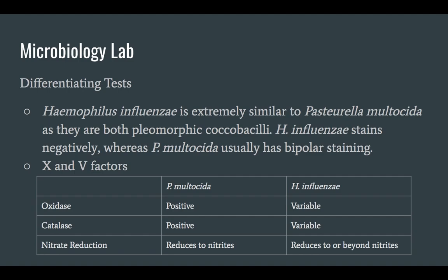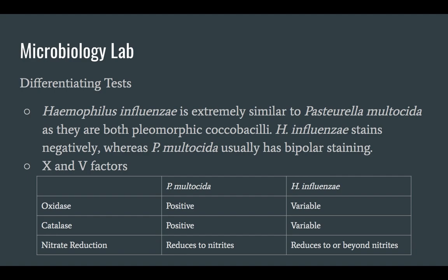However, Haemophilus influenzae stains negatively, whereas we saw that Pasteurella had the bipolar staining, and it was very difficult for the technologist to really get a solid gram stain. Other distinguishing factors: Pasteurella is also oxidase positive and catalase positive, while Haemophilus is oxidase variable and catalase variable, as you see in the table here,